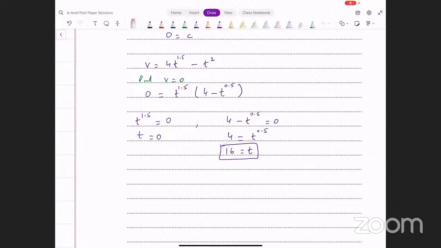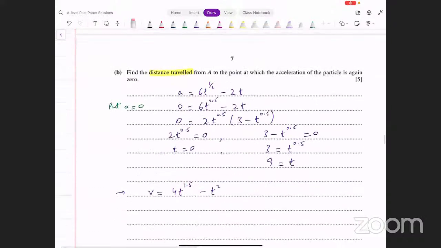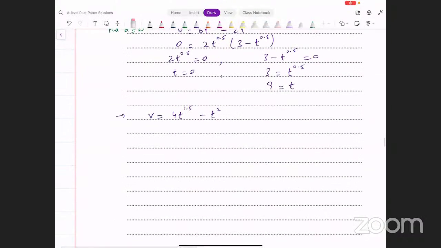दरमियान में कभी वेलोसिटी 0 नहीं हो रही, तो डायरेक्शन चेंज नहीं हो रही पार्टिकल की। अगर डायरेक्शन चेंज नहीं हो रही फिर आप डायरेक्टली लिमिट्स लगा देते हैं, आपको कोई इसमें ब्रेक करने की जरूरत नहीं होती। अगर डायरेक्शन चेंज हो फिर आपको उसको मल्टीपल पार्ट्स में ब्रेक करना पड़ता है। यहाँ पे डायरेक्शन नहीं चेंज हो रही, आप सिंपली क्या करोगे, इसको इंटीग्रेट कर दोगे, वेलोसिटी को इंटीग्रेट कर दें।